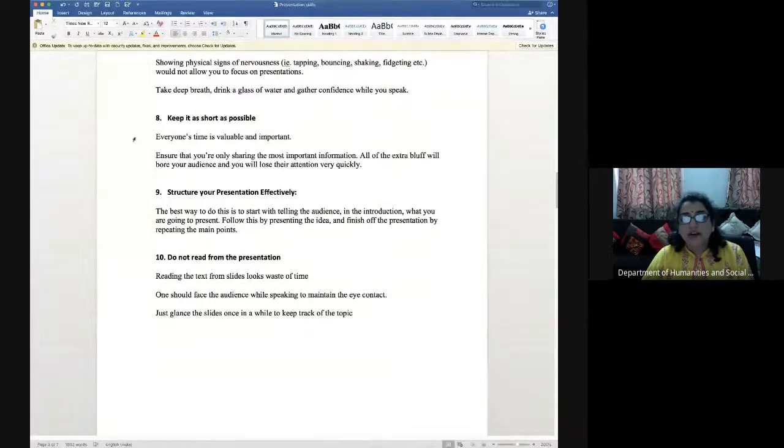Keep your content as short as possible. Okay, so don't keep lingering or speaking for n number of hours. Generally, whenever there is a lecture or talk, half an hour is enough to give all the points and explain everything. But if you continue for 45 minutes, for 1 hour, maybe for 1.5 hours, it is just useless, because after some time the audience will not be able to concentrate on your content, which becomes very boring. So it has to be short and simple and yet very powerful.